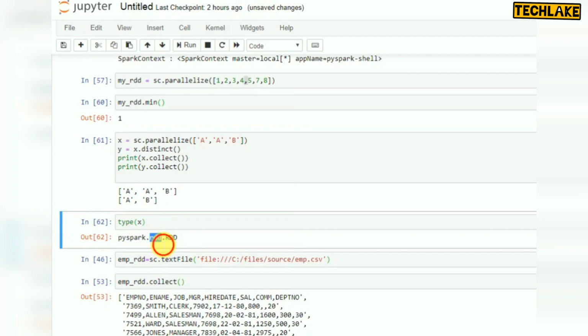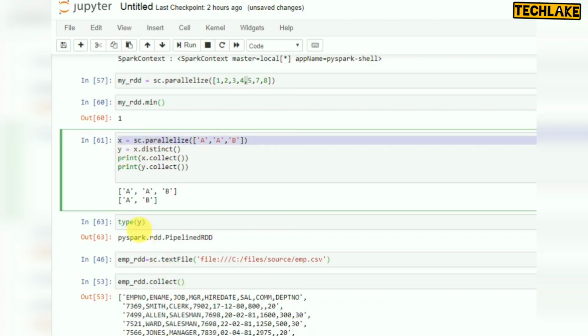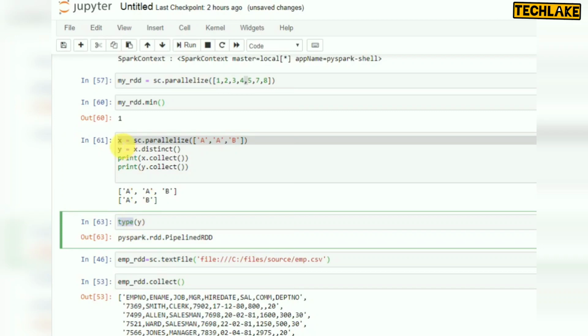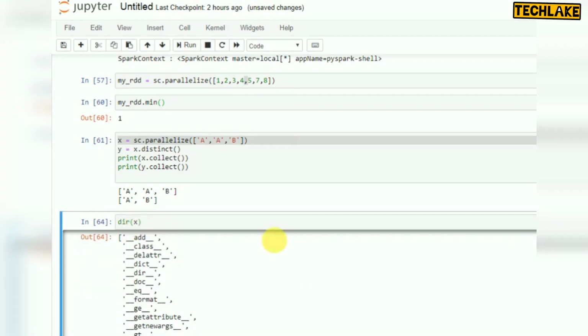It is an RDD. And the type of Y is a PipelinedRDD because we created it from this one. If you want to know the available methods for X, just use dir. These are all the available methods.